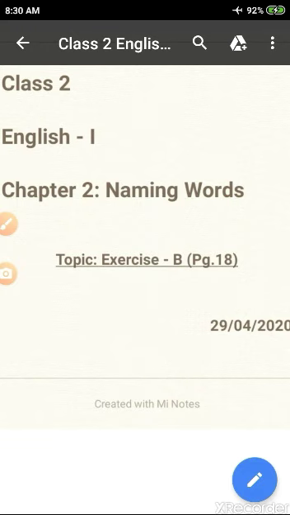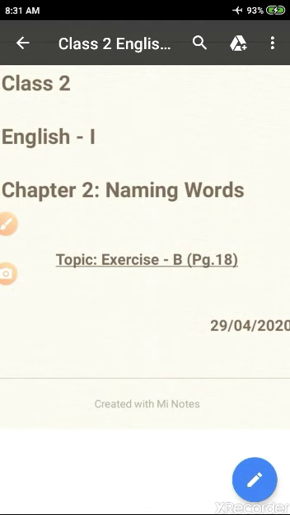We are going to do this exercise B given on page number 18 of your English 1 book. Once you have completed it in your book, then do the same work in your copy as homework with date, chapter name and homework heading written on the top of the page. I will be reading the sentences very slowly for you. You need to listen attentively and repeat wherever the question is read to you. This will help you in reading, speaking and listening also.